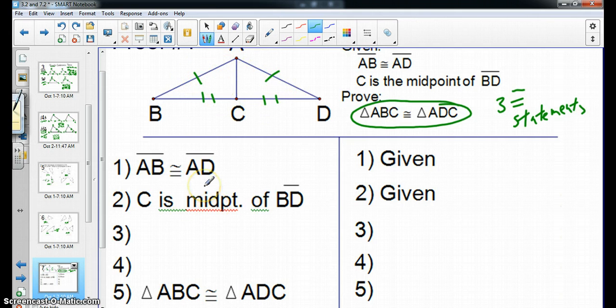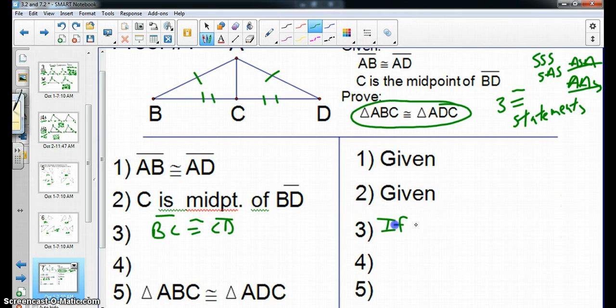Now we might have to fill in our proof a little bit, but think about our 4 postulates that we can use. Clearly, we're not going to use angle, angle, side, and angle, side, angle because we already have two sides. So it's either going to be side, side, side, or side, angle, side. So let's go ahead and fill in the two-column proof here with our first given. Then we have C as the midpoint. Therefore, we can mark that BC is congruent to CD